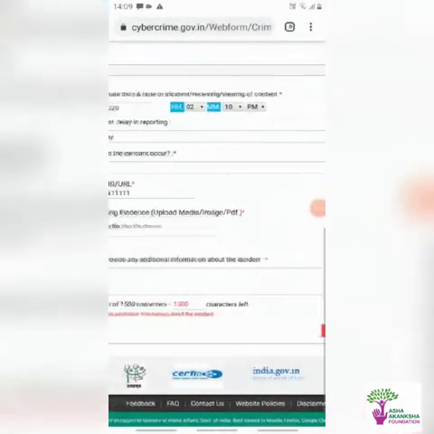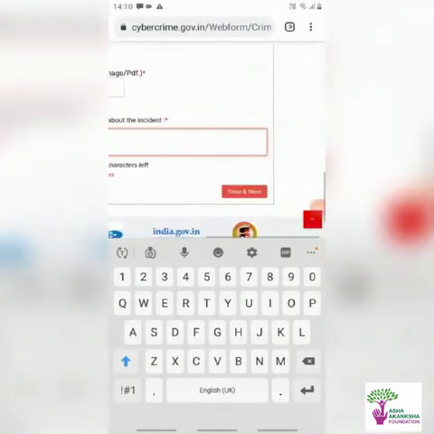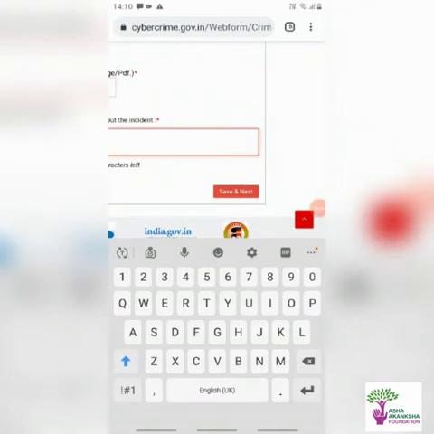So after filling all the details, then click on save and next.